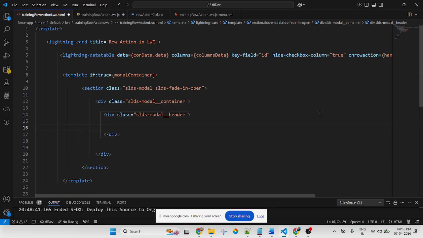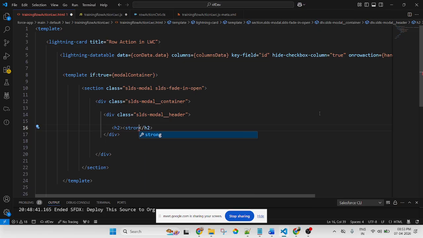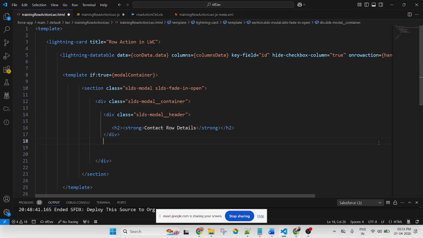And inside the header we'll use an h2, contact row detail. Let me put a title. This is a header.